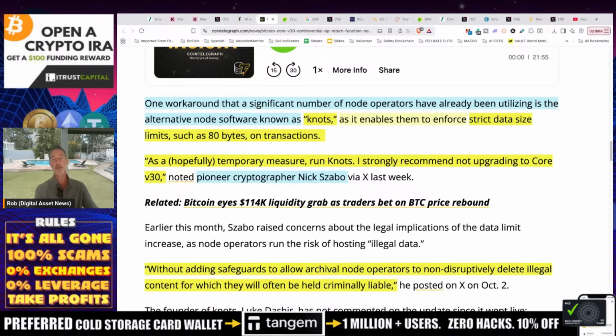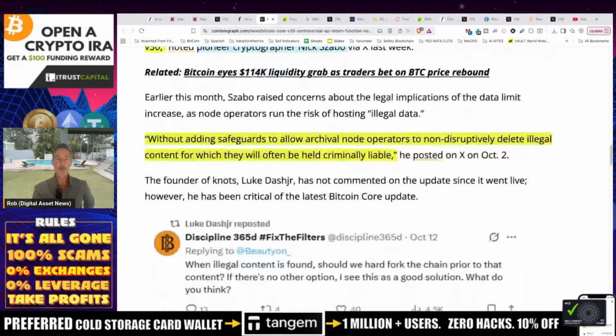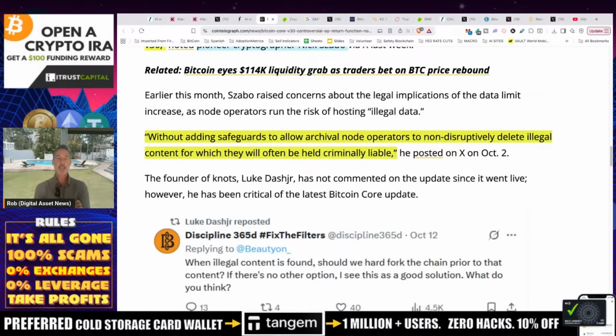I certainly recommend not upgrading to Core version 30. This is from Nick Szabo. He's one of the OGs as far as the Bitcoin cryptographers moving forward. And without adding safeguards to allow archival node operators to non-disruptively delete illegal content for which they will often be